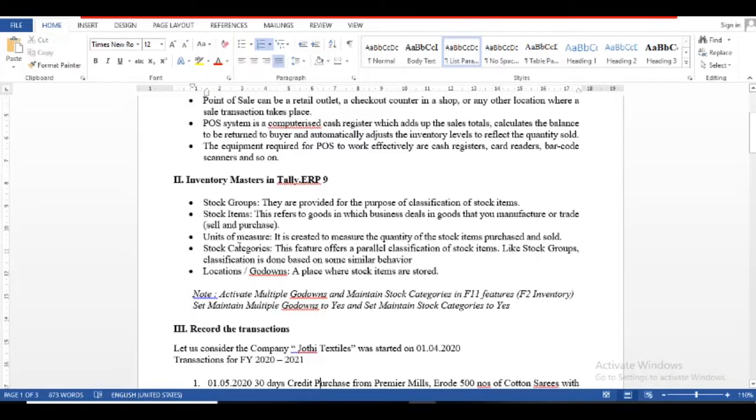But the last 2 are special, advanced features. If you activate multiple godowns or stock categories in the F11 features, F2 inventory features, and enable this, it also appears in inventory info. Okay, let's move to recording the transaction.